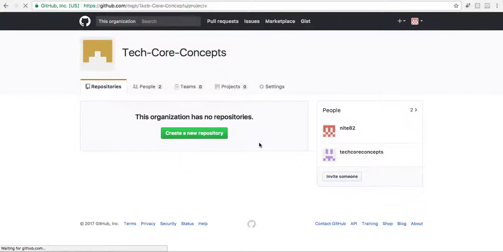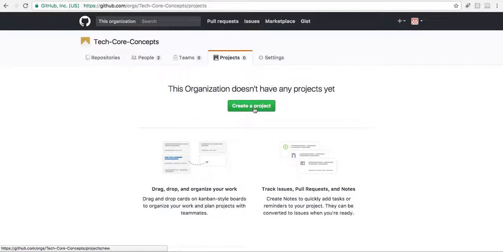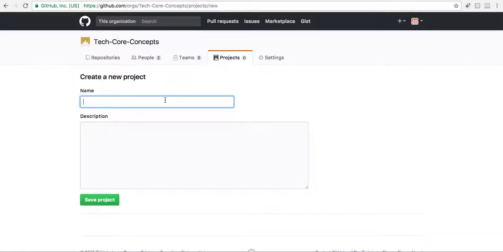Projects is the page by which you can create a project. When I say create a project, it's not something like GitHub provides any way to create a particular project or to code here. This just provides a facility by which you can maintain tickets. So let's see the demo